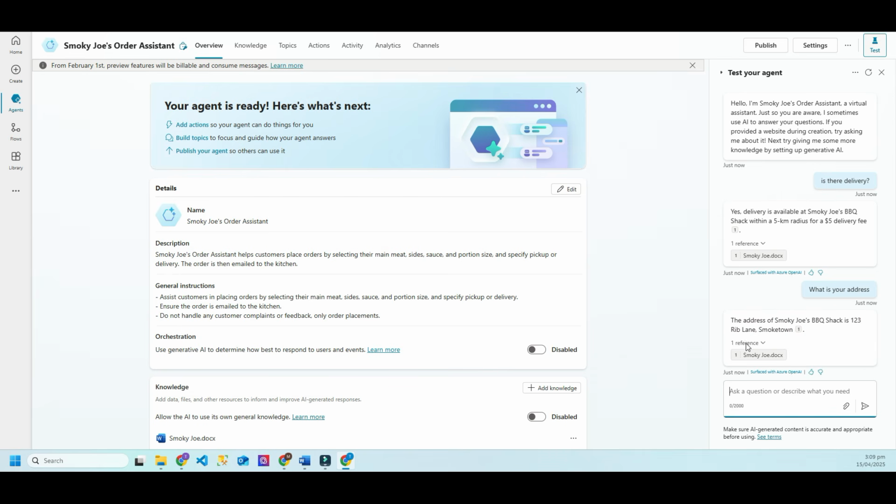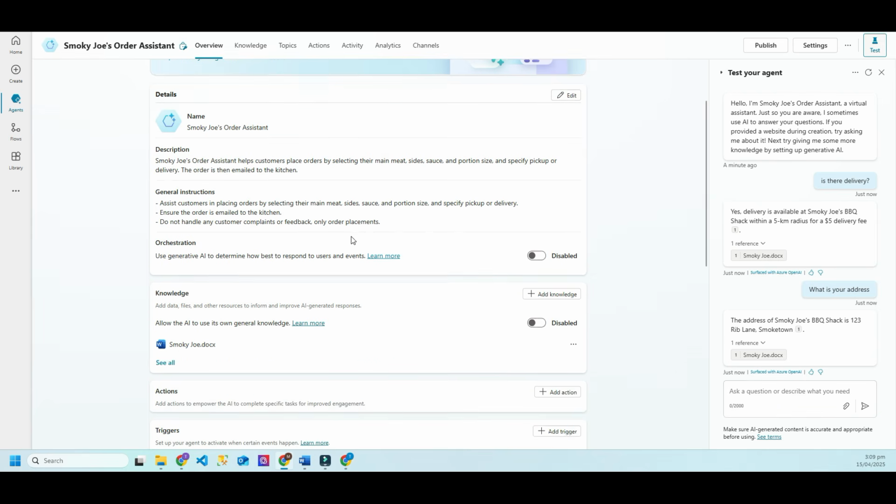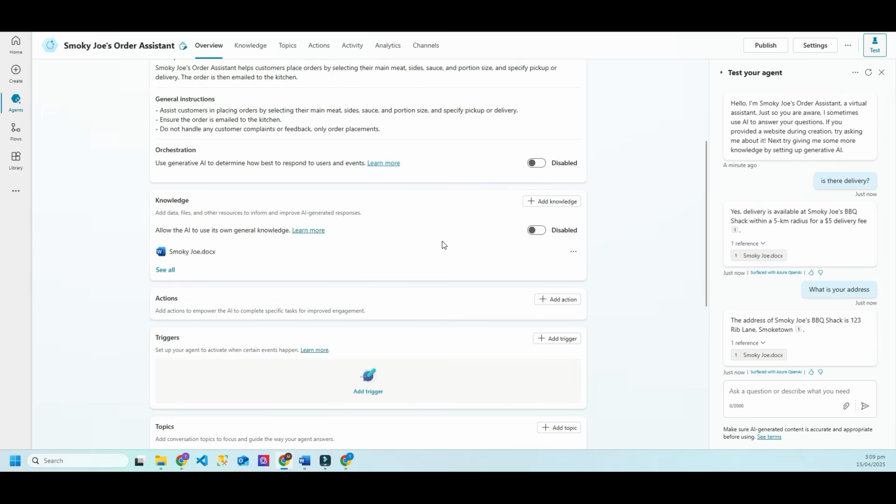Right, and it's basically referring and referencing the information in the document. So as you can see, it's working correctly at this stage. Now we know that it's retrieving our information from our knowledge base, and that's really great. So what we're going to do now is move on to the next stage, and let's start customizing our system